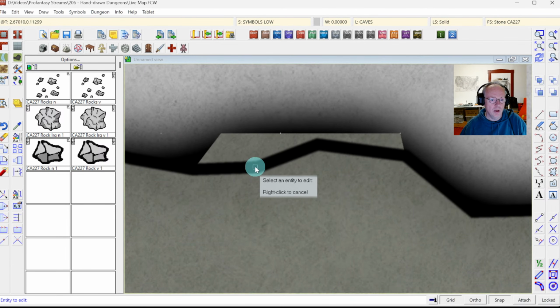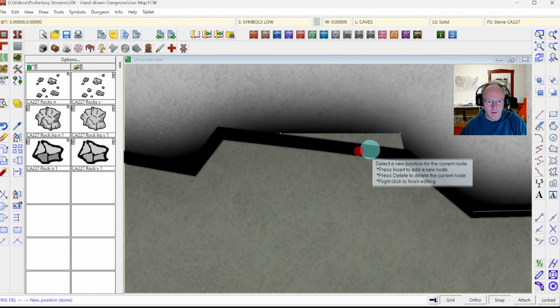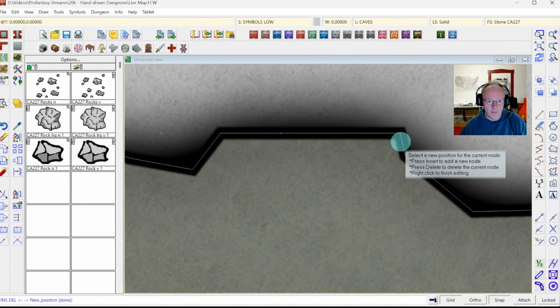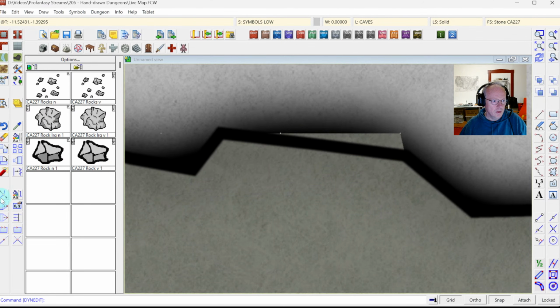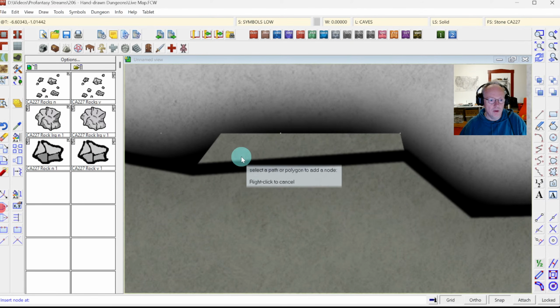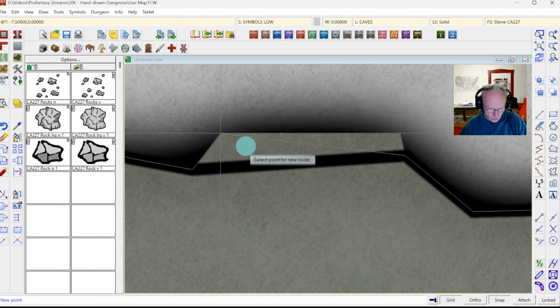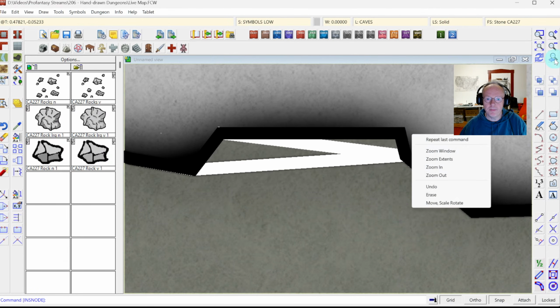So what I'm going to do, instead of playing around with that for ages, I'm just going to use my node edit tool. Oh, be careful. And remove the extra node there. Let's make sure that I have no more extra nodes in here. Yeah, that's fine. And then I can use the add node tool to put them back in and make sure that this is on the same